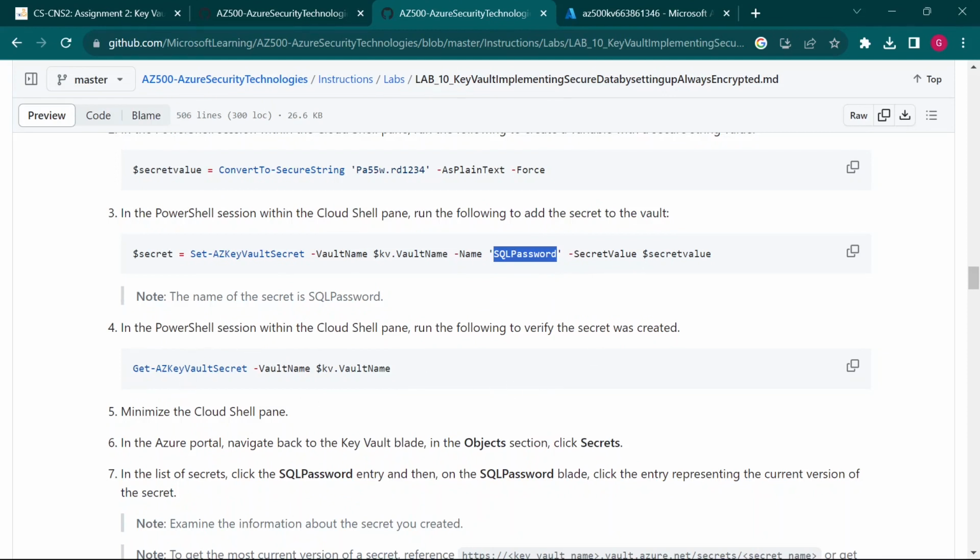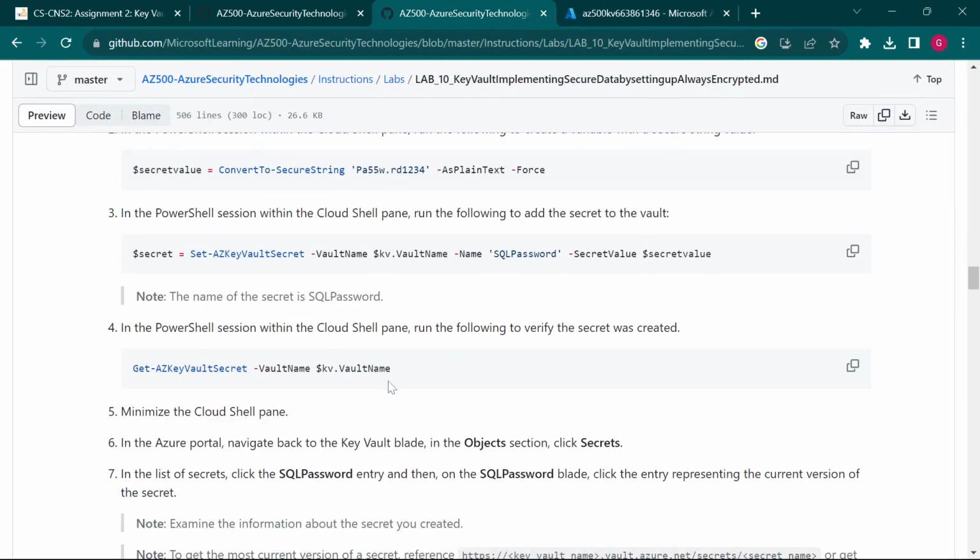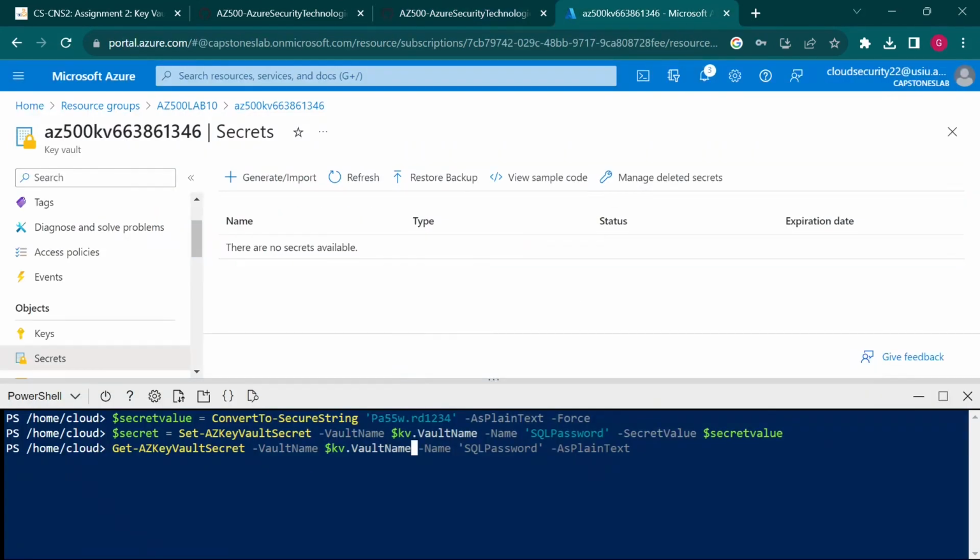Then in the PowerShell session within the Cloud Shell, you run the following to verify the secret was created. So remember, you have two ways to confirm this: the graphical way and the CLI way. So just copy this code once again, in instruction number 4. Copy that, go back to the Cloud Shell, Control Shift V to paste it, and I'll hit enter. Just a moment, let me see if the code is complete. Yeah, okay, vault name, so we're good up to that. So just hit enter,